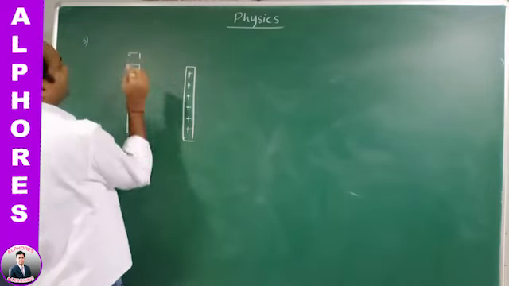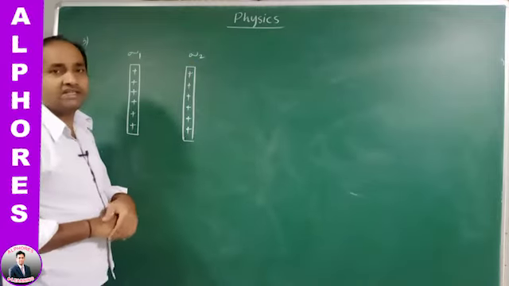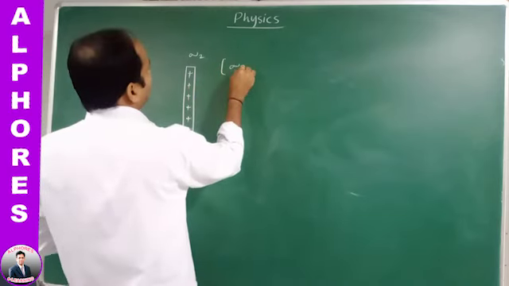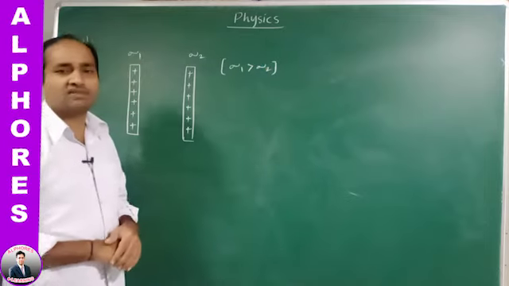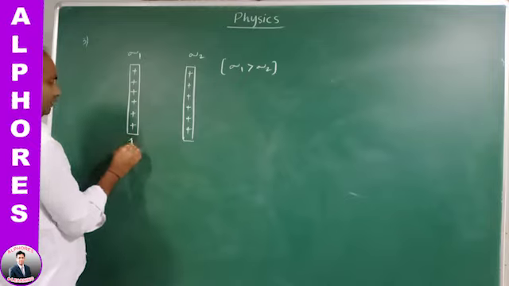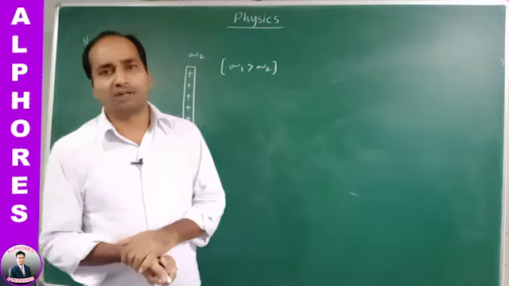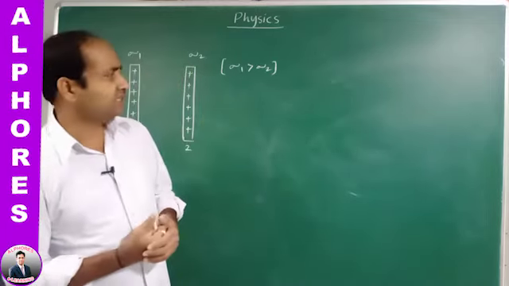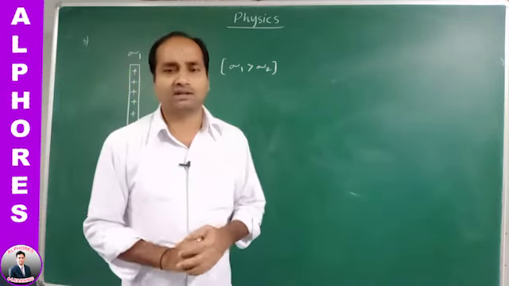The charge density of the first one is sigma 1, and here the second one is sigma 2. And they gave one condition here: the charge density of the first one, sigma 1, is greater than the charge density of the second one. This is the first plate, this is the second plane sheet. Two parallel plane sheets 1 and 2 carrying uniform charge densities of sigma 1 and sigma 2, and sigma 1 is greater than sigma 2.